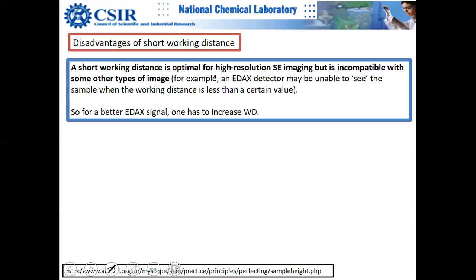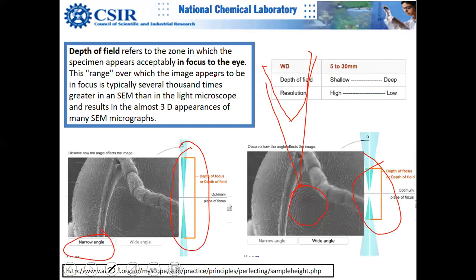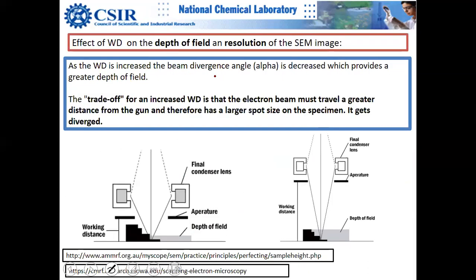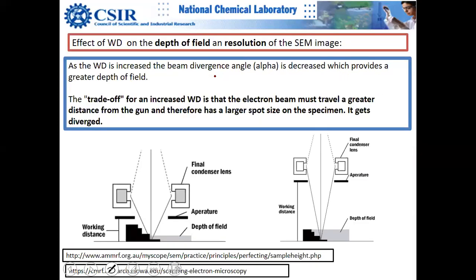Let me give you some examples also. I think I have only one example here, but this is fairly easy to understand. It's one of the easiest concepts to understand, and I have put in many sketches. So you have a smaller working distance and larger angle, and you can see this shaded area. This is the depth of focus, and here, with a smaller angle and larger distance, the shaded area is larger, so this is larger depth of focus.